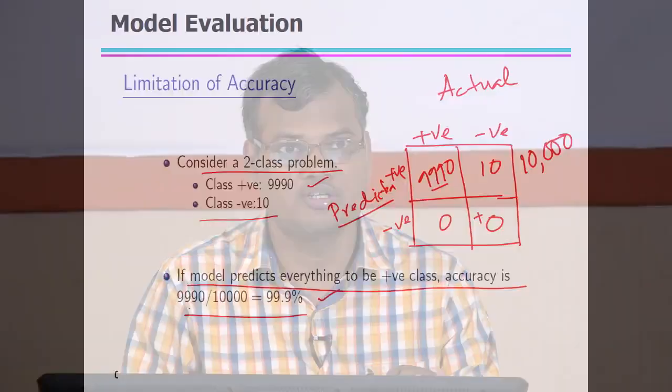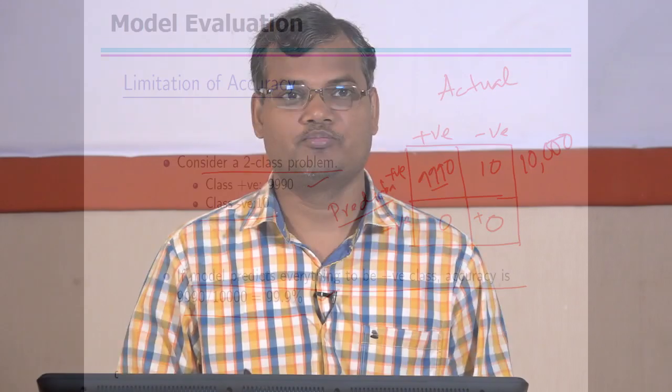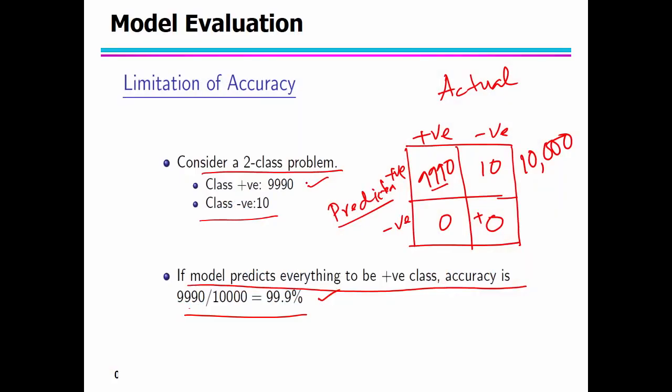So similarly here, classification accuracy itself has a problem. The same problem we can see from a different angle. Let us say instead of positive class for 9990, we change the name. We say this is the negative class, there is nothing going to change actually. You are changing the name only, all characteristics remain the same. Instead of positive class you can say this is a negative class and the other you can say is the positive class, right. There is nothing getting changed.